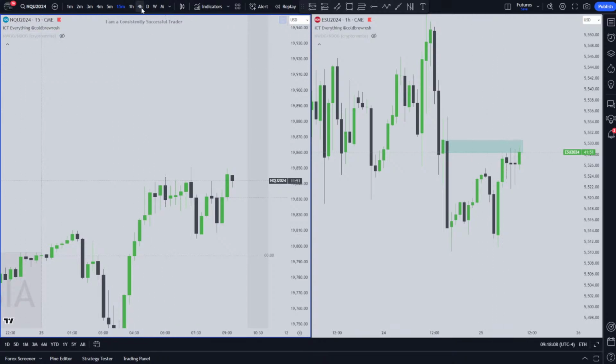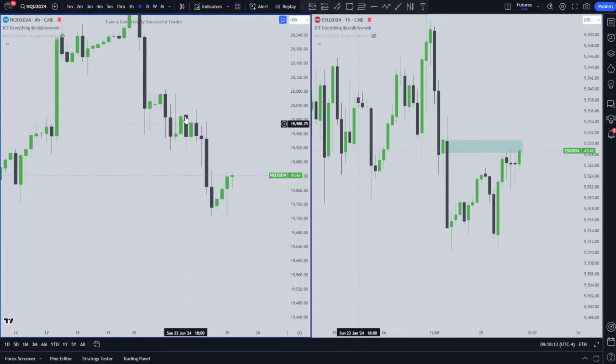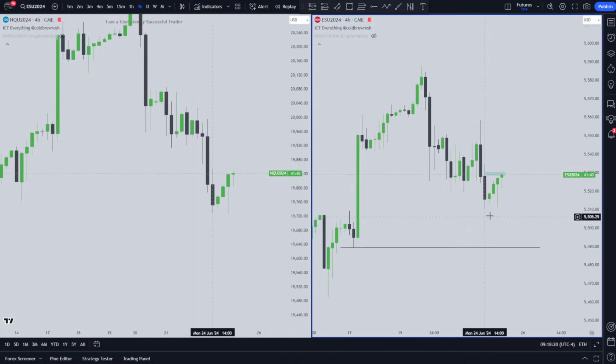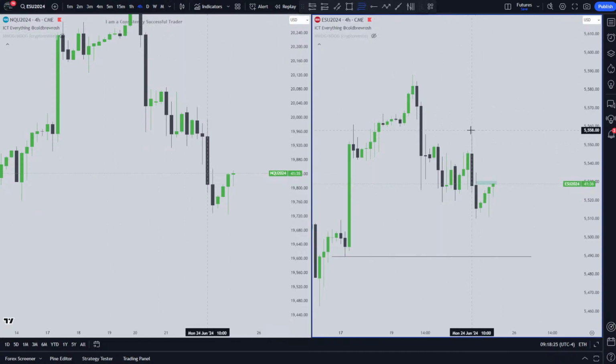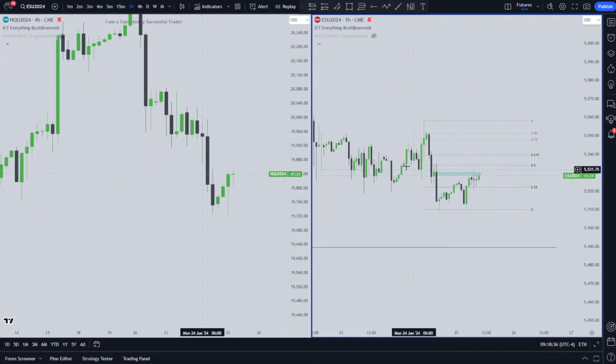I didn't completely check premium and discount. So, I mean, we did just mention it slightly here, but let's check ES's premium and discount. So, this is clearly the range that it's in. And we want to look for our premium PD arrays if we're to continue lower, or at least as a target for our buys. And then we're just going to see how they react when we get there.